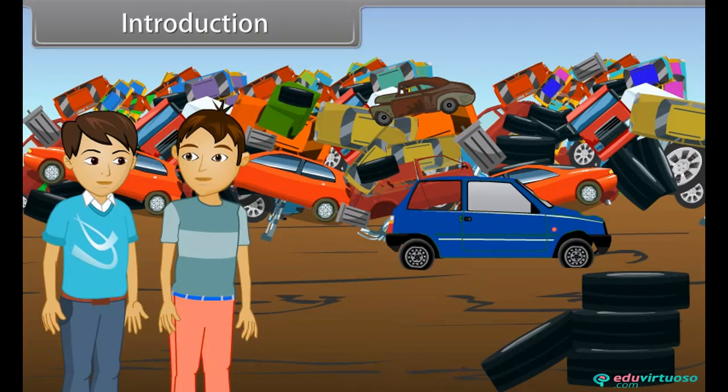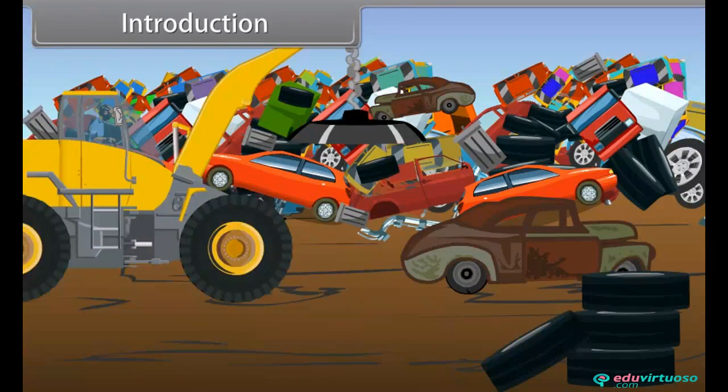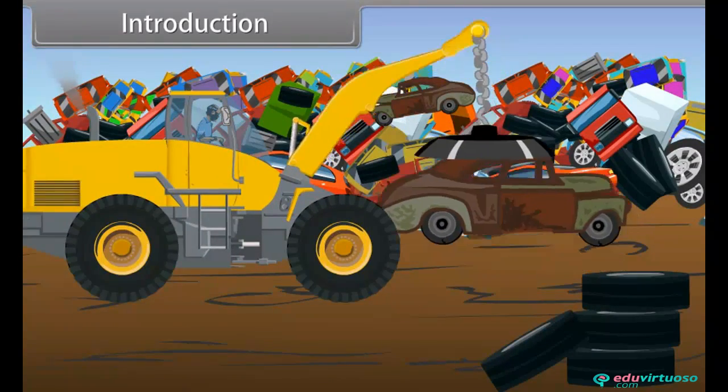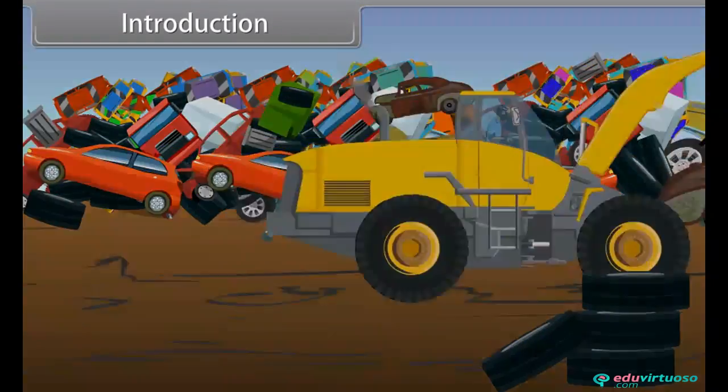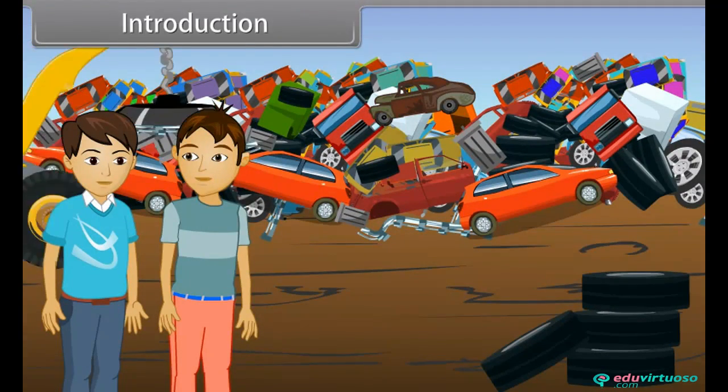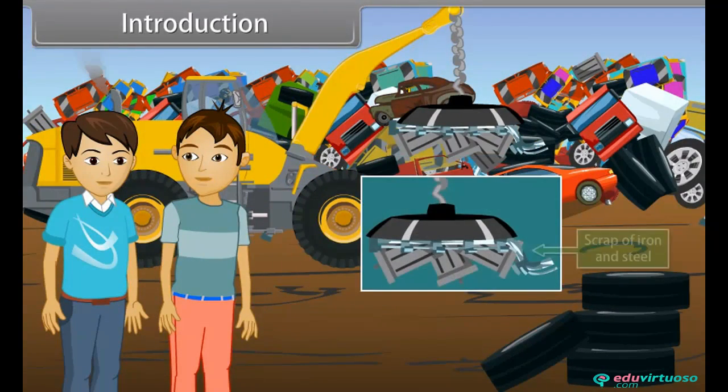Yes, I can see that. But how is it possible to extract the desired material from the wastage? It is simple. Basically, it is an electromagnetic crane which works on the principle of magnetism. Its anchor is made up of an electromagnet. When electric current is passed through it, it behaves like a magnet and attracts only iron and steel from the